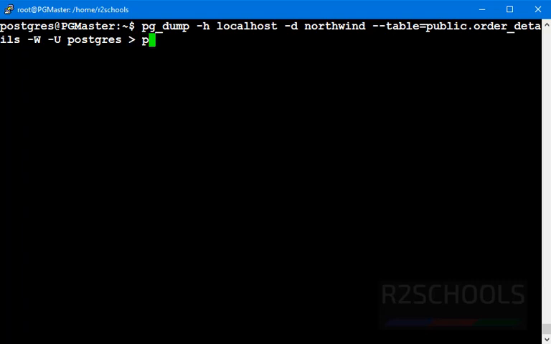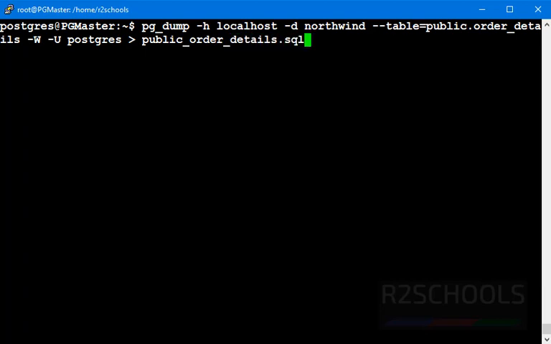create a file in the current directory with the file name public_. I am going to store this backup file in my current working directory with the file name public, the schema name, underscore order_details.sql.